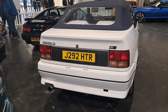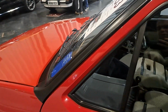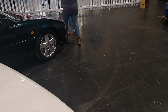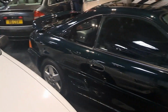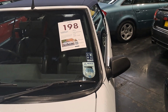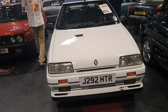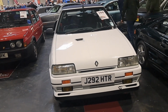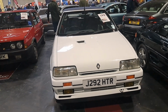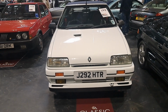Do you know, I can't decide whether I prefer this Renault 19 or the Strada. You don't get a passenger mirror. What? Yeah, 1822. How much is this Renault? It's a pre-facelift 16 valve cabriolet, or it says soupape in French. 8 to 10. This is a bit less expensive. Now this has got a Portsmouth plate on it, but there's no Portsmouth dealer on it. I imagine this might have been registered originally by Renault UK, because all their press and fleet cars registered on Portsmouth plates, because Portsmouth and Southampton after 74 were one registration area, so they used to put the registration on down there, TR,